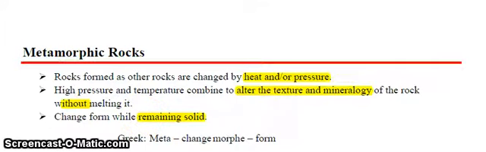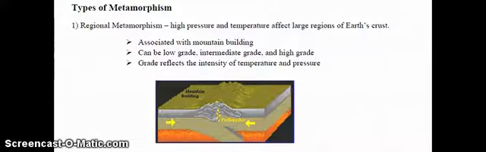What's interesting is the word metamorphic can be broken down into meta meaning change and morph meaning form. So it makes sense that metamorphic rocks will change their form due to this heat and or pressure. There are two types of metamorphism. The first type is called regional metamorphism, and this is when we have high pressure and temperature affecting large regions